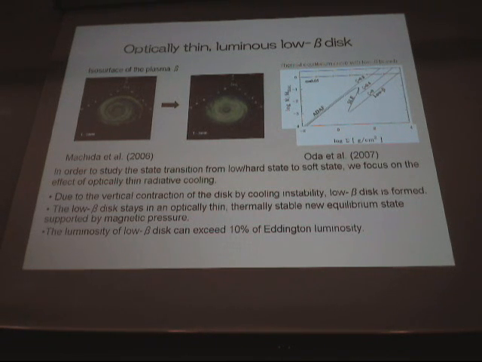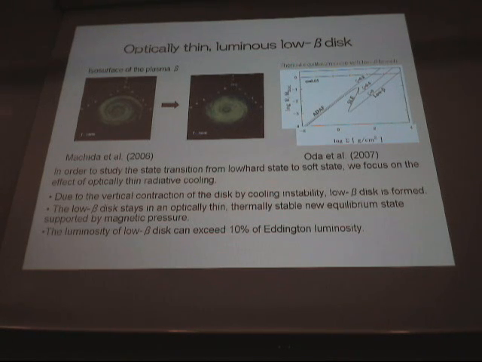Then at some time the magnetic energy becomes larger than the gas pressure. After that, the magnetic pressure becomes comparable to the vertical gravity, the shrinking is stopped, and the magnetically supported